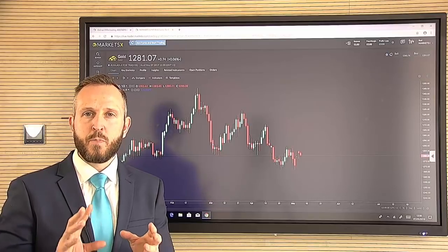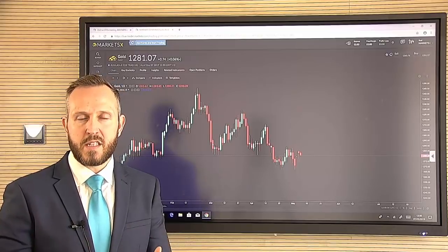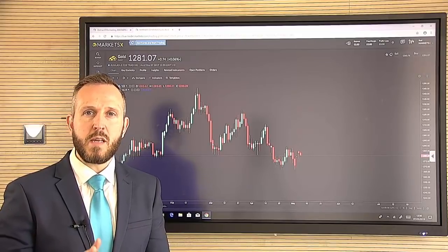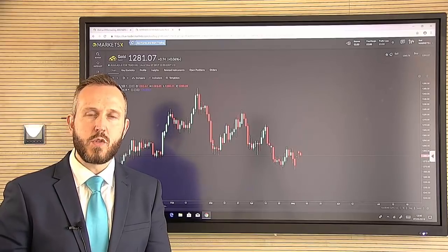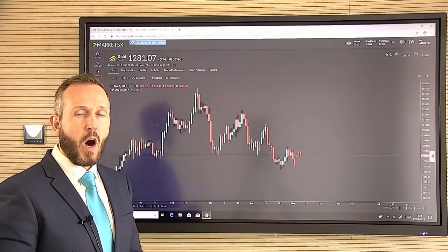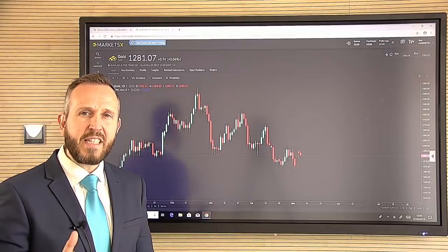So essentially, as we've now seen a big shift from hedge funds and money managers, they're now net long as opposed to net short. That could now see more strong buying come in if we do get retracements back to support. And at the same time, I would be looking for the potential to rally back towards that 1287 to 1290